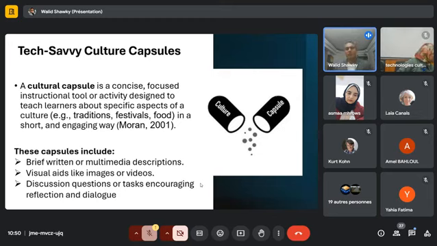So for example, if you have basic level learners, maybe B1 or B2 level learners who may not be able to grasp something that is linguistically challenging, it's difficult to ask them to go to, for example, an encyclopedia and read research about this place. It's difficult. Try, as a teacher, this is your role, to find a cultural capsule, an activity that fits